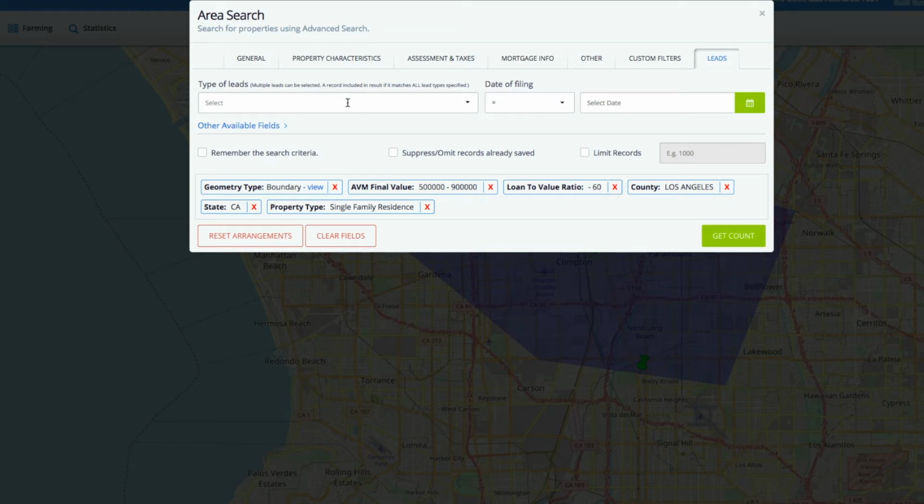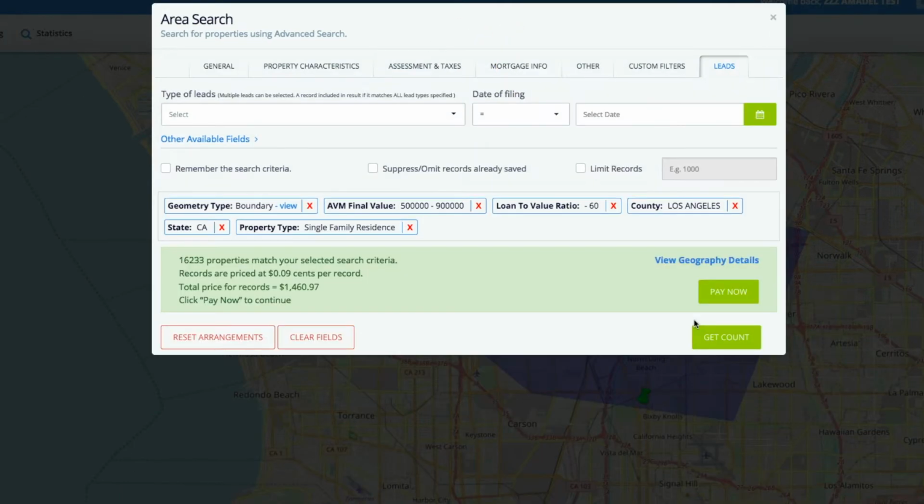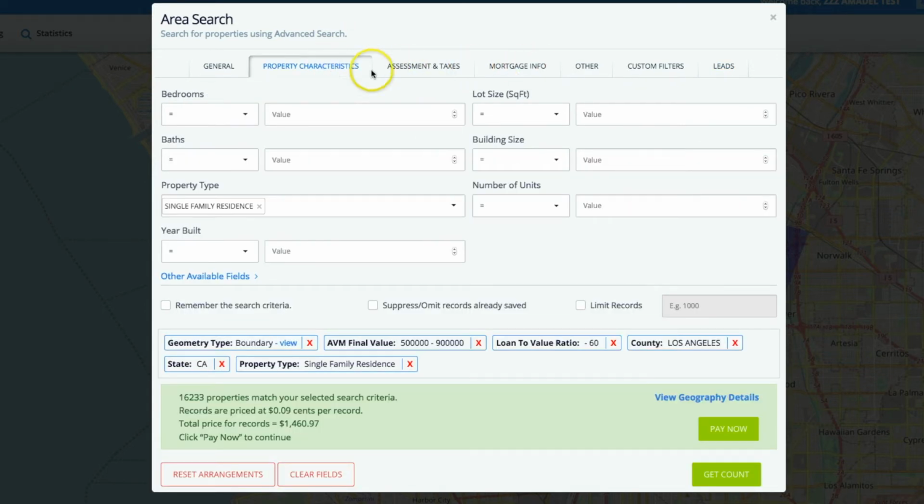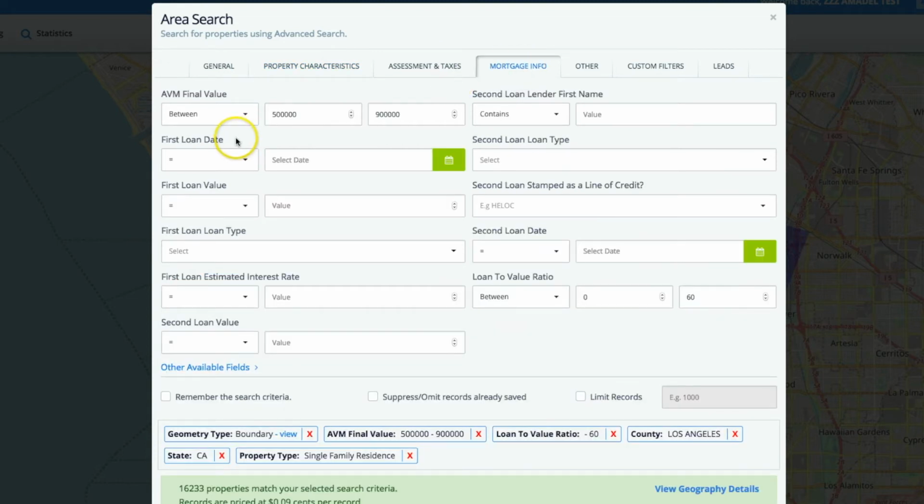At that point, all I have to do is click Get Count, and it will tell me, based on the filters that I've chosen, how many in that area. Okay, so it came back with 16,000 properties that matched my criteria. I don't want that many, so I'm going to change my property characteristics, or perhaps my mortgage info, and I'm